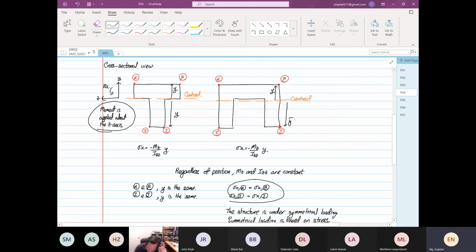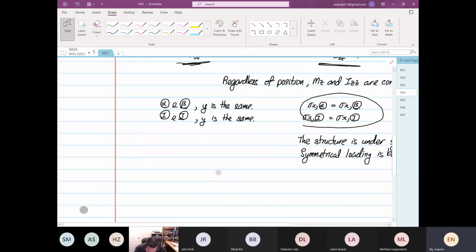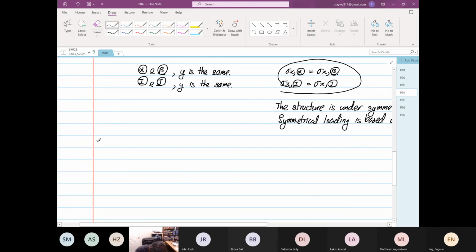So that's why we can apply this formula for both cases. What is changing is the Y. So this case is what we call symmetrical bending. Now, not just symmetrical, for centric symmetrical bending,